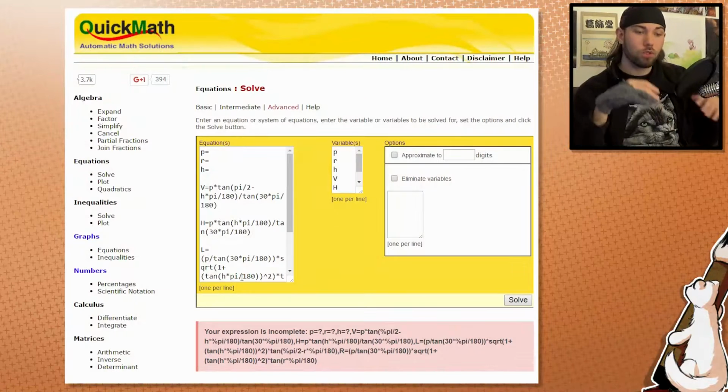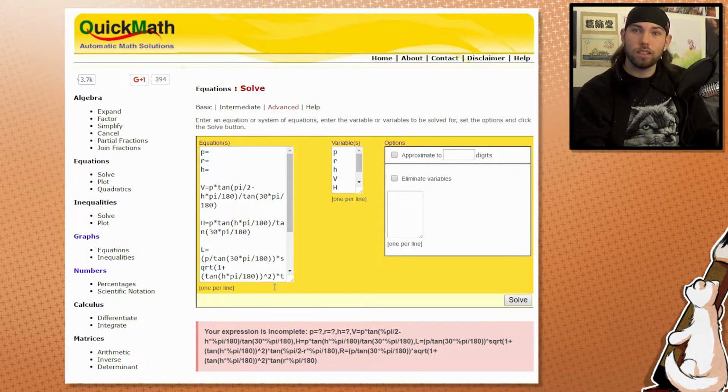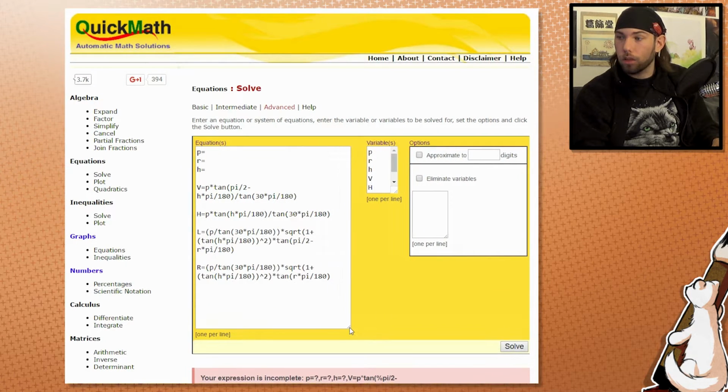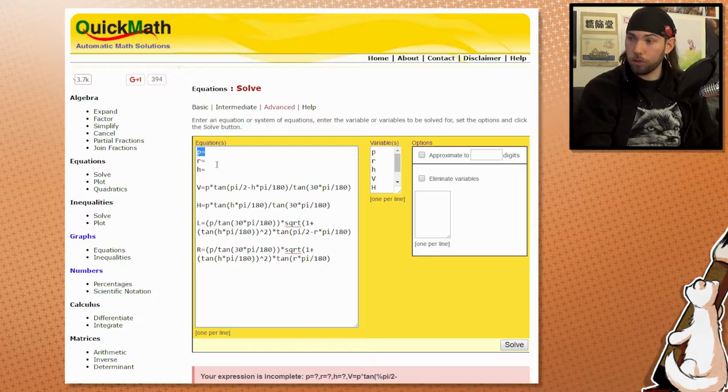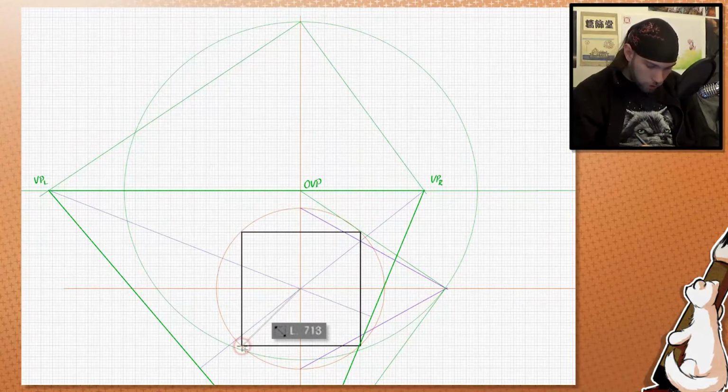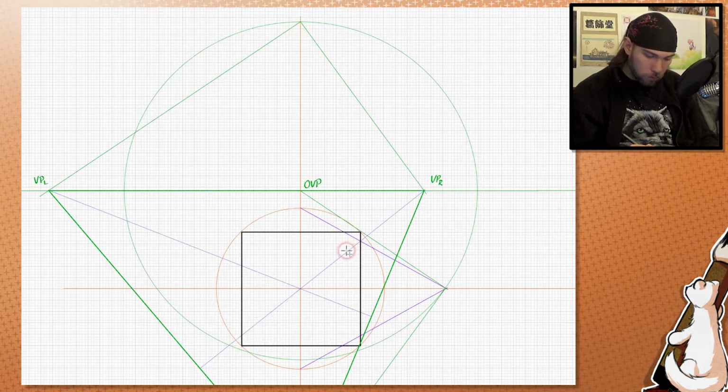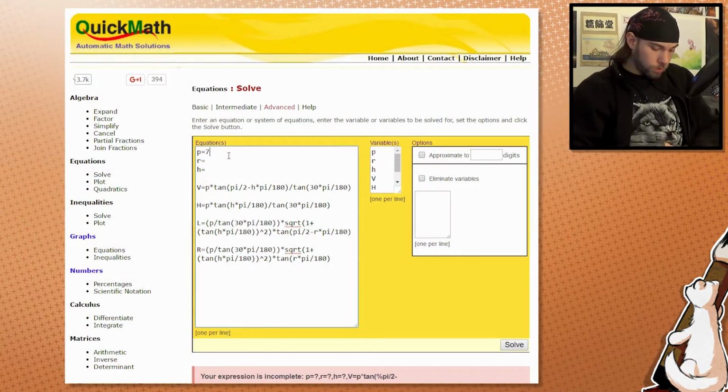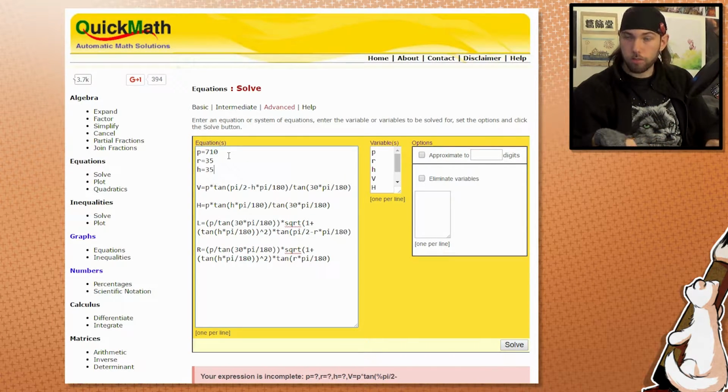So in order to save some time and not draw all of these lines, you can just calculate the distances, and this is this one right here. So we have here the radius of our cone of view, the angle between OVP and the right vanishing point, and the angle between OVP and the center of the cone of view. So let me quickly measure that. It is about 710. And again, we need this angle here and this angle here between the orange and the green line. So 710, then if you can remember, it was 35 degrees for both. And then we just click on solve